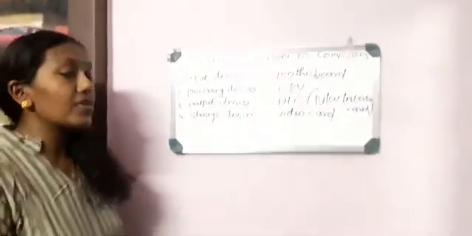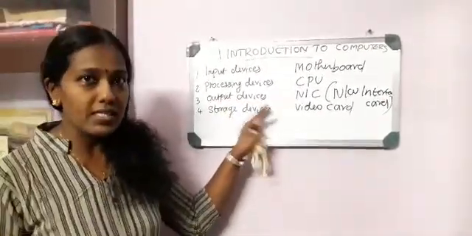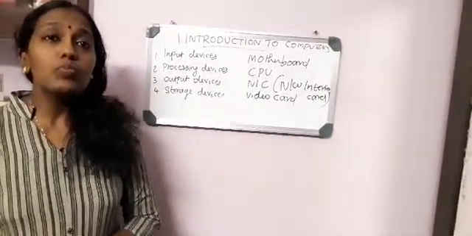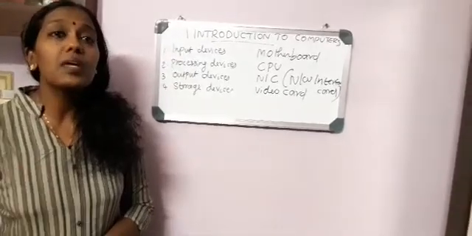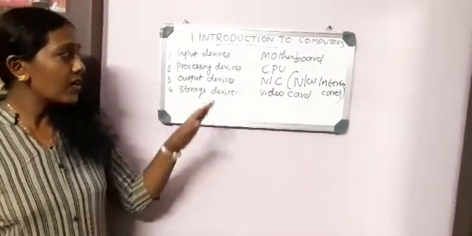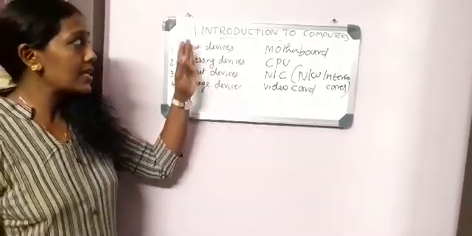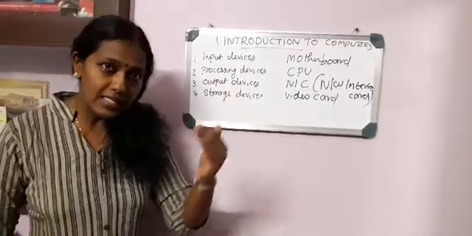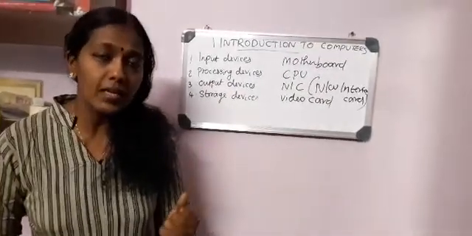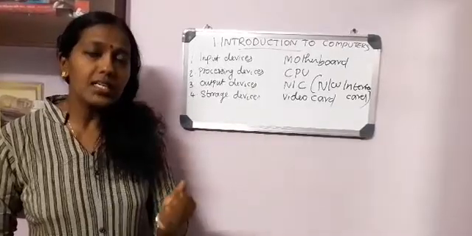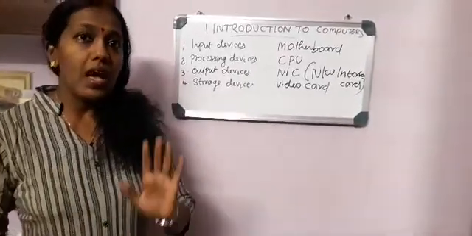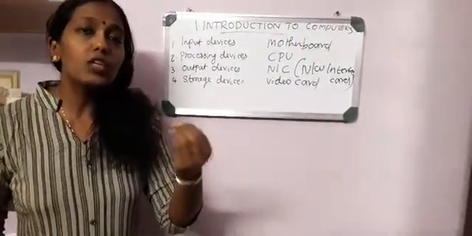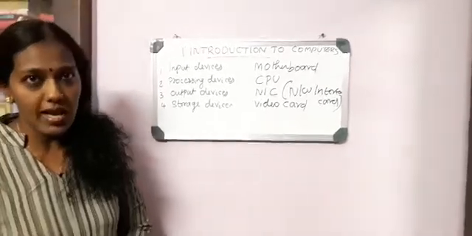The next one we are going to discuss is output devices. Yes, children, what about output devices? Output devices are used to display the output, and one more function is there for these output devices. Like I already discussed about input devices. Input devices are used to accept the data or input the data to the computer, and input devices convert human readable language into machine language.